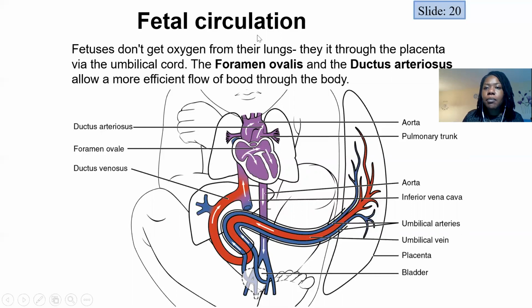And then the second structure was the ductus arteriosus, which I mentioned is the communication between the pulmonary artery and the arch of aorta, again, in an attempt to bypass the lung circulation or the pulmonary circulation. And so this is called the ductus arteriosus in utero, and then it is going to sort of regress after birth to form the ligamentum arteriosum. So the foramen ovalis becomes the fossa ovalis, and the ductus arteriosus becomes the ligamentum arteriosum,